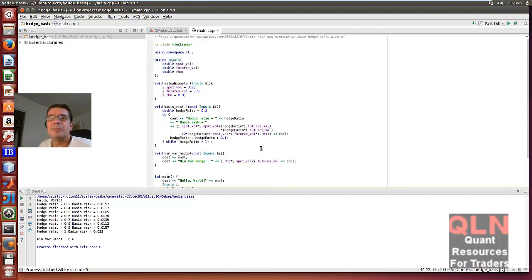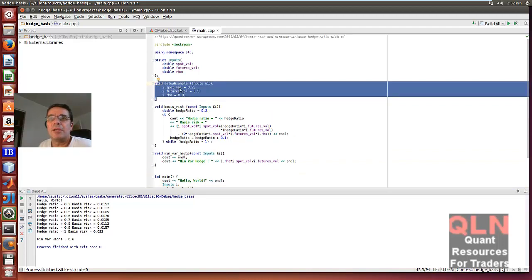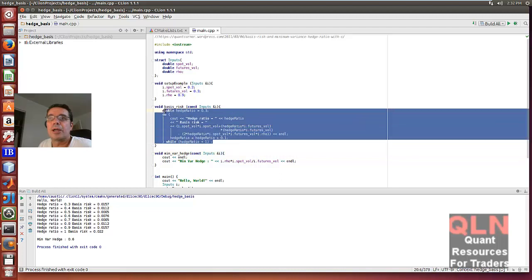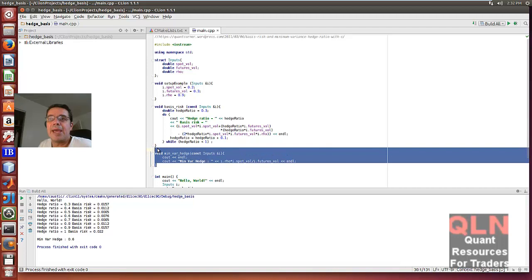So basically, in C++, we set up an example with a volatility for both the spot and the futures, and we set up our rho, as if I'm an expert in that. And essentially, we loop through calculating our basis risk and our minimum hedge. So literally, this is becoming our basis risk. This is exactly what I've been looking for, because I spent hours looking and trying to rebuild the same idea